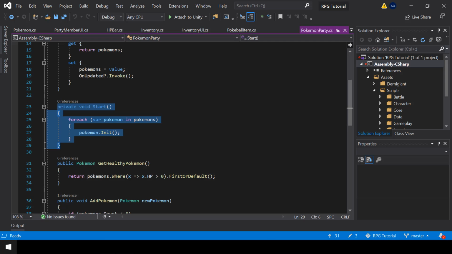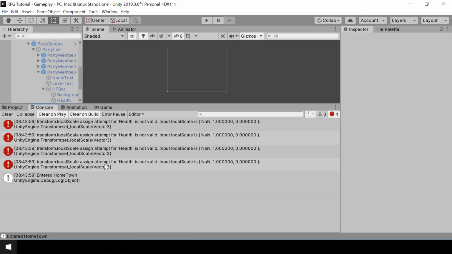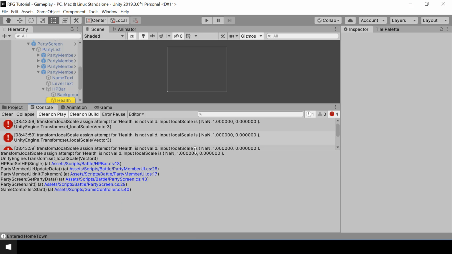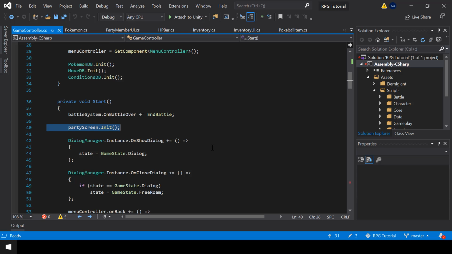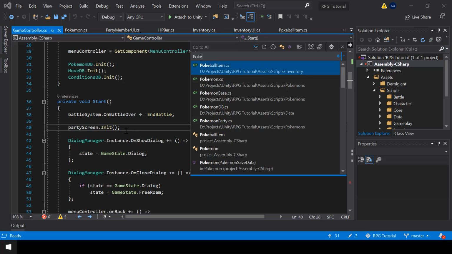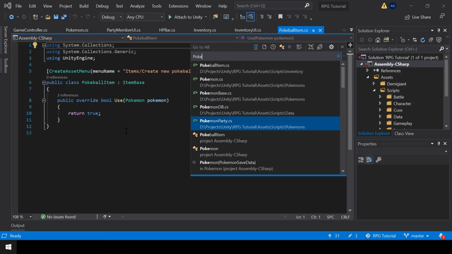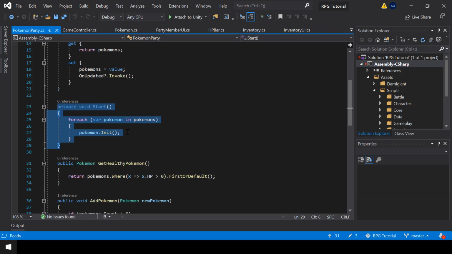Okay, so if you look at the stack trace, you can see that we are initializing the party screen from the start of the game controller, right? So the party screen is initialized from the start, and even the Pokemon in the party is also initialized in start, right?